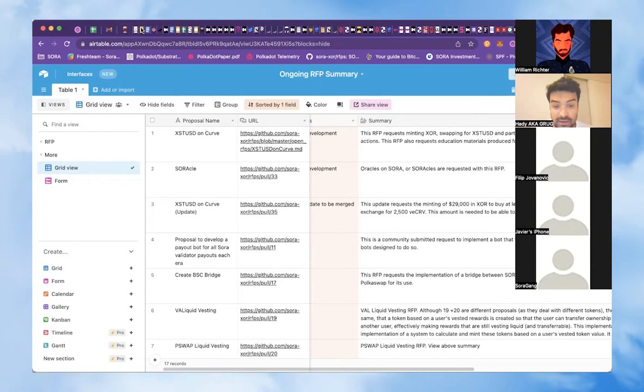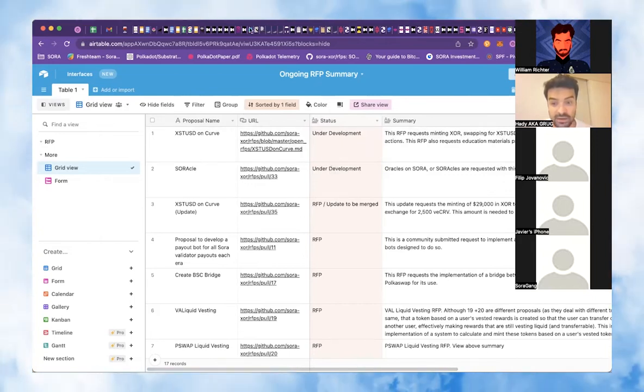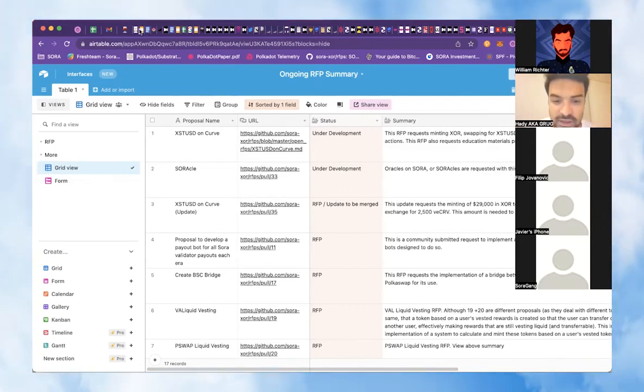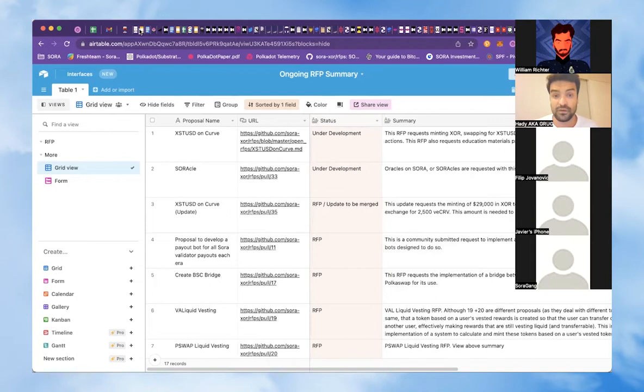The Oracle project status is in the RFP GitHub repo under development, and it will probably go mainnet by the middle of this year, in summer, something like this. But it's still not fixed. There is no hard deadline for this project. But the SORA Oracle project is an important infrastructure for other synthetic assets,